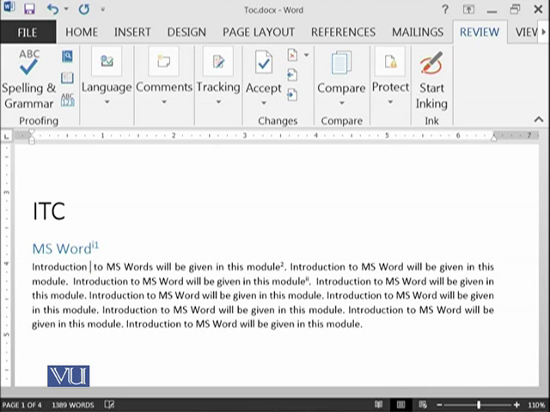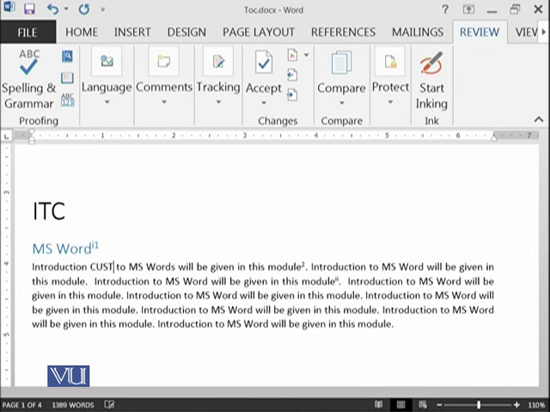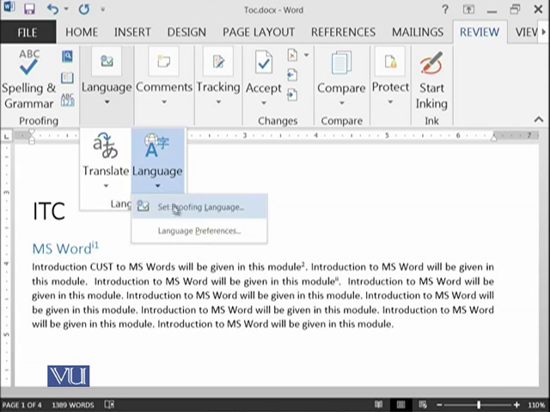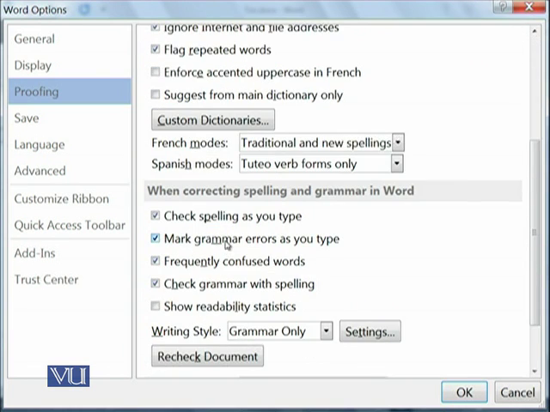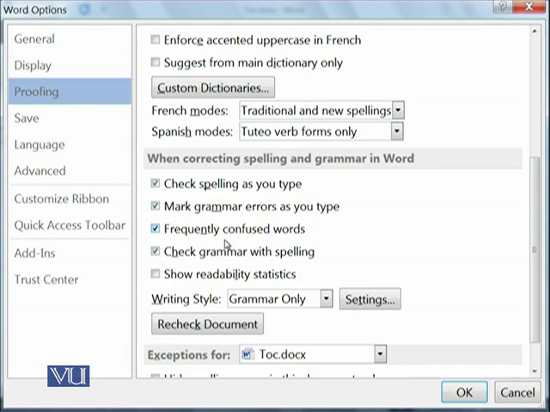If you write it in upper letters, it will not say anything wrong, because capital letters have been ignored over here in the proofing. So you can select your options, whatever you want to correct, whatever you want to leave to Microsoft Word, and whatever you want to correct by yourself.